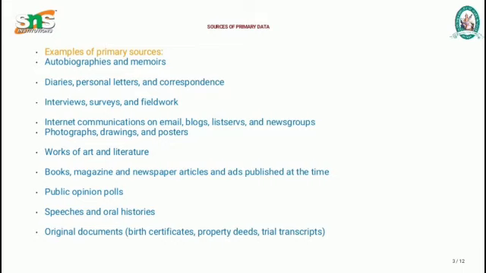And the next one is telephonic interviews. Under this method, data is collected through interviews over the telephone. This method is very useful where the field of investigation is very